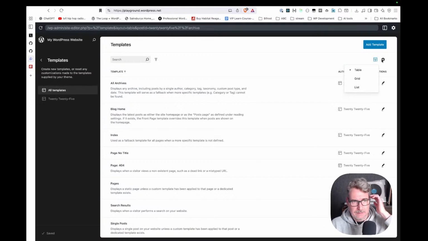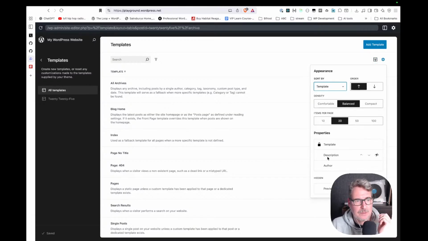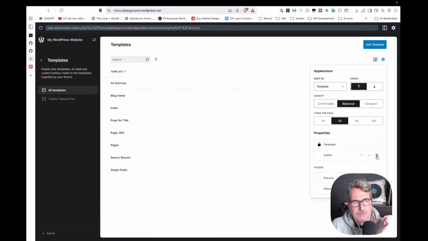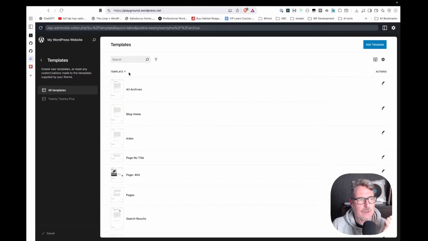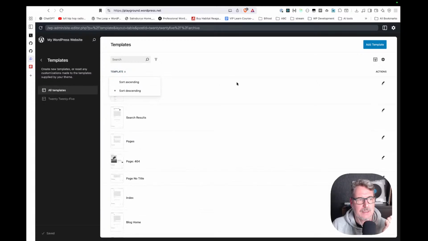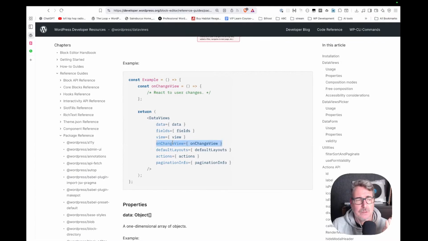here we can decide that, for example, we don't need the description, or that we want to hide the preview. No, we want to show the preview. We don't want to hide it. And that we want this to be ordered in a descending order. So every time I click in these things, the OnChange view